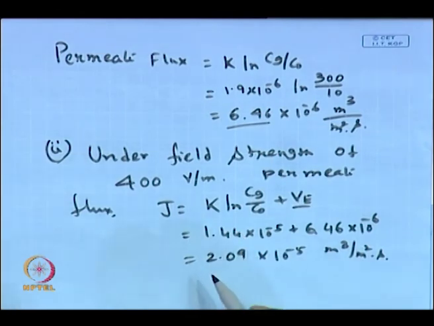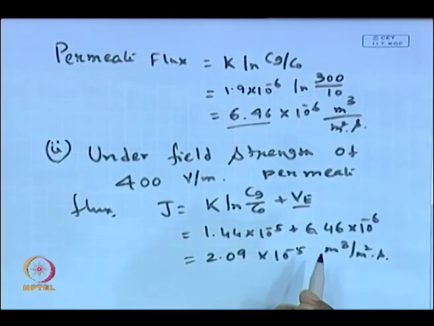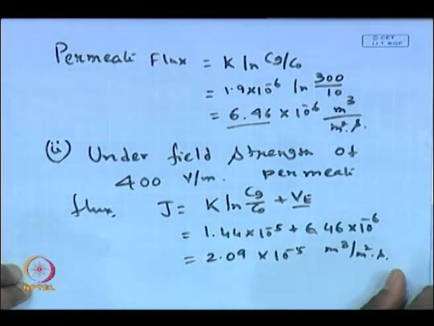So, we are going to get about 3 times enhancement of permeate flux in this particular problem, and that will be entirely depending on the situation. Means what is the electrolytic concentration, what is the surface charge on the particle, what is the diameter of the particle, and what is the field strength, and so on and so forth. Okay. So, we are going to get a permeate flux enhancement of about the order of 300 times. Okay. 3 times means 300%, or 200% enhancement, right.